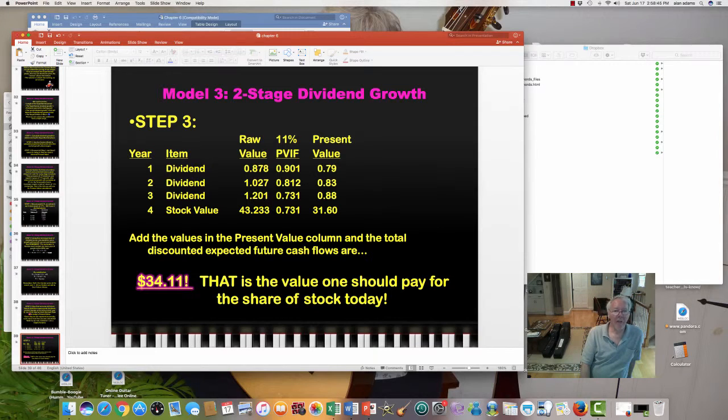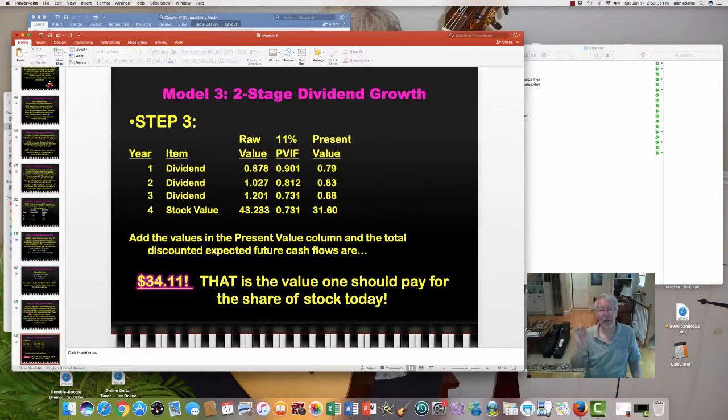So I'm going to take every one of my calculated values in Step 1 and Step 2. My Year 1 dividend, my Year 2 dividend, my Year 3 dividend, and don't forget the stock value from Step 2, the Gordon value of 43.233. I go to my present value table, Table B, the 11% column, and I look up 1 year, 2 years, 3 years. And I multiply the first number by the second number to get the present value. 79 cents for Year 1, 83 cents for Year 2, 88 cents for Year 3. Now I also have to take that Gordon value 3 years from now,